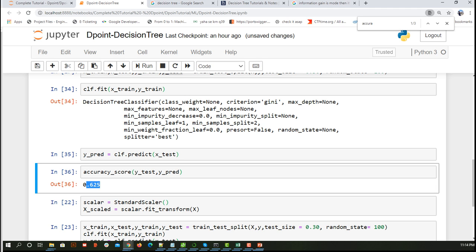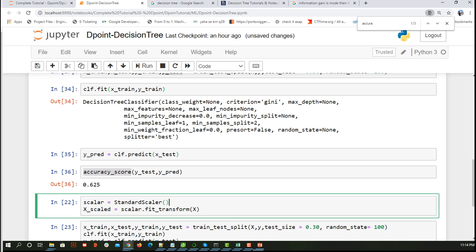One more thing, you should not only focus on the accuracy but the stability and all as well. But now our intention is to get the concept of decision tree. Okay, next we know that 62.5 is our percentage, so we are going to do some tweaking, some changes in hyperparameters and all those things, so that we can improve our accuracy.